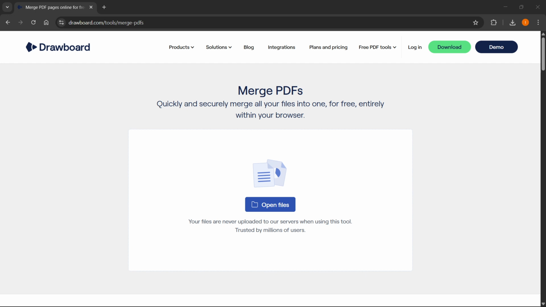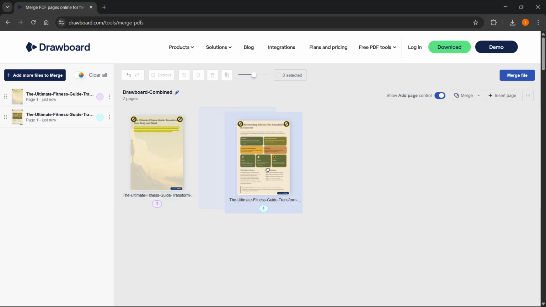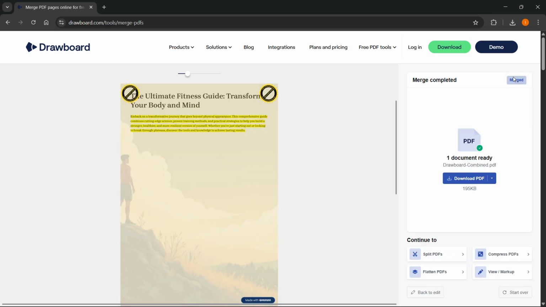I'm going to actually drag them here from my computer, so let me do this. There we go. I'm going to drag these in, like that, and as you can see, there's now two pages, and to actually merge or combine the file, first, of course, you can play around and select the order of these pages. I'm going to leave it like this, and then you can add specific pages if you click on the plus button to actually insert files or pages. That's completely up to you, and then when you're done, just click on the merge file, top right, and as